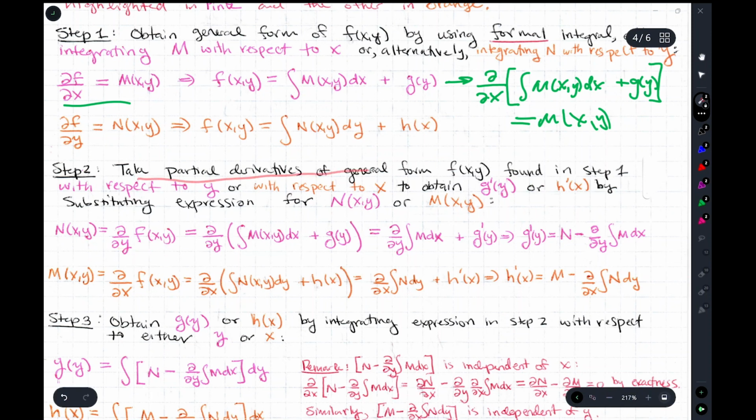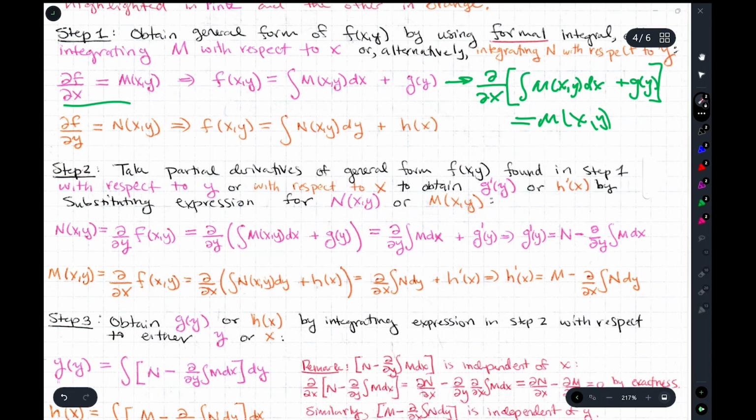Take the partial derivative with respect to y of the general form that we found in step 1. We integrated the pink with respect to x, and now we take the partial derivative with respect to y, and do the reverse for the orange, so as to obtain g prime of y, or h prime of x if we're doing it the orange way,